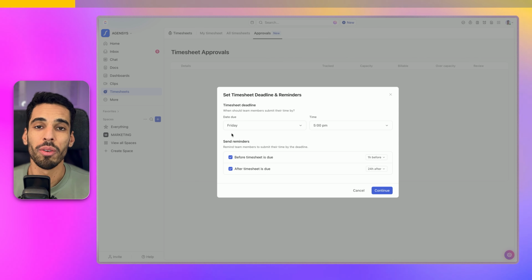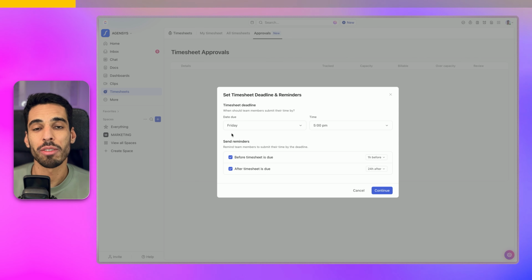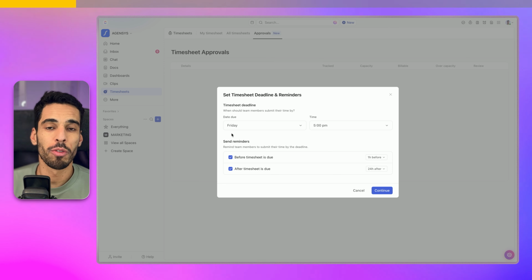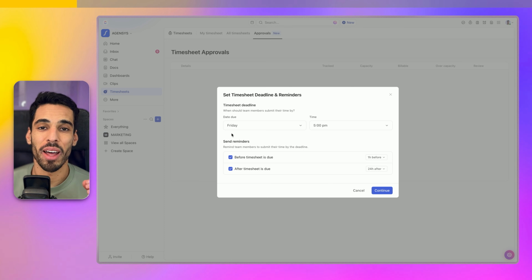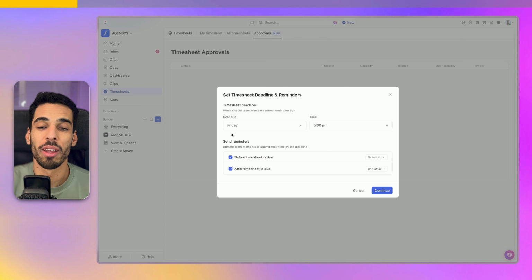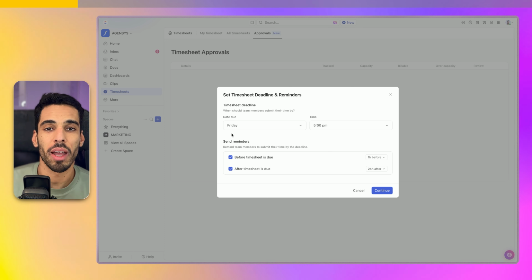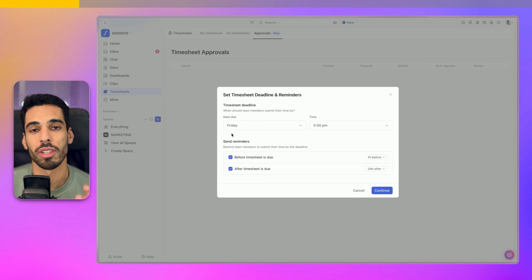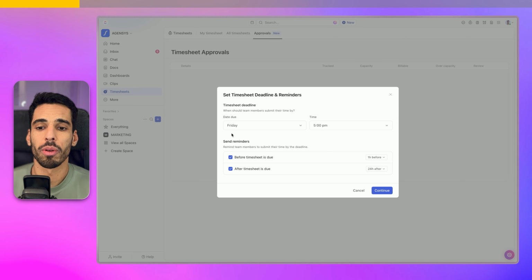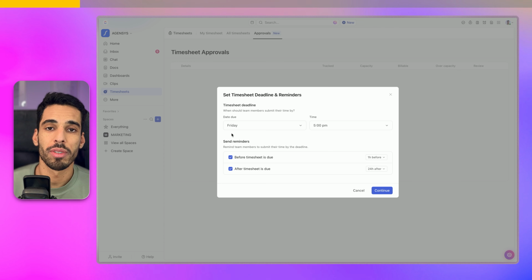Now, this feature is brand new, and they're adding features as we speak, so there'll probably be some new features related to timesheets as you're watching this video. And I'm really excited about this part, because I feel like that's been one of the missing pillars of ClickUp, and that's been one of the most requested features from my clients. Like, how can we have good, clear timesheets and dashboards in ClickUp? And I don't know how far ClickUp will go with that, but it's definitely interesting to see that this feature